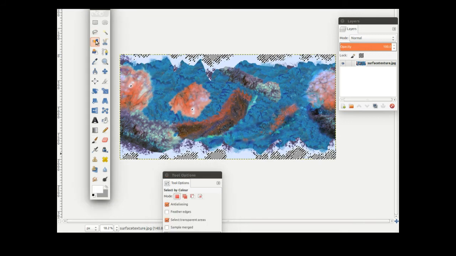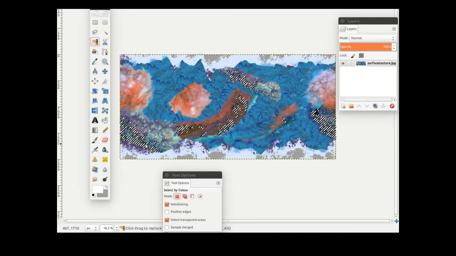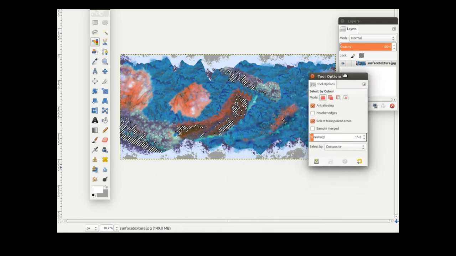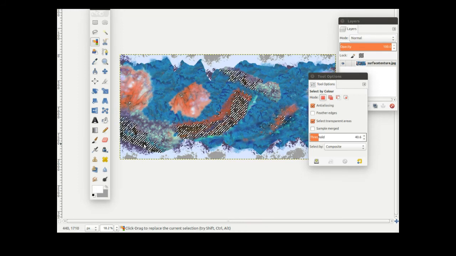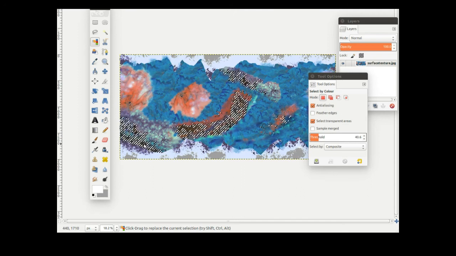So using the colour select tool, I'm going to select everything that's dark, and I can change the threshold on that. Like so. And all of these areas are going to be our mountains,